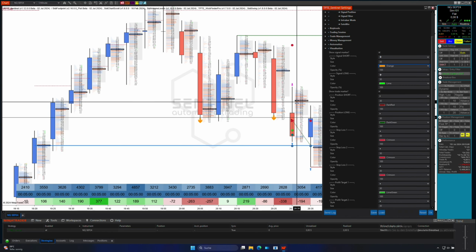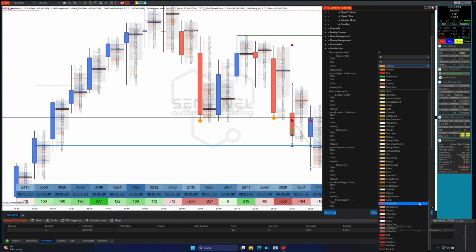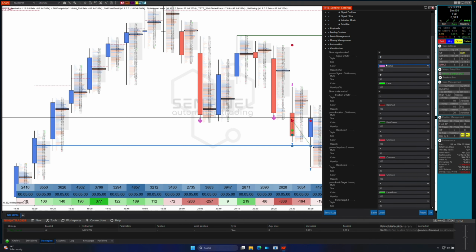If you would rather have them in orange, you can change this here immediately, even if I want to intervene in the programming. The size can also be set here, and also the symbol, depending on which one you prefer. You can also set the opacity, and the whole thing is then adjustable for various things,